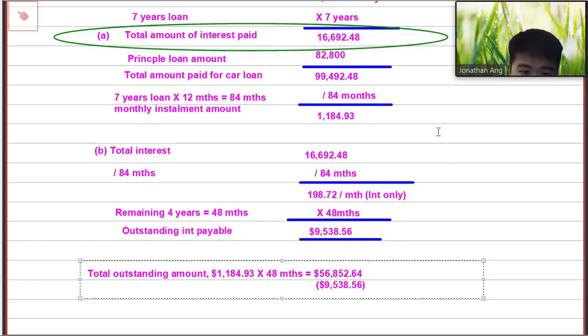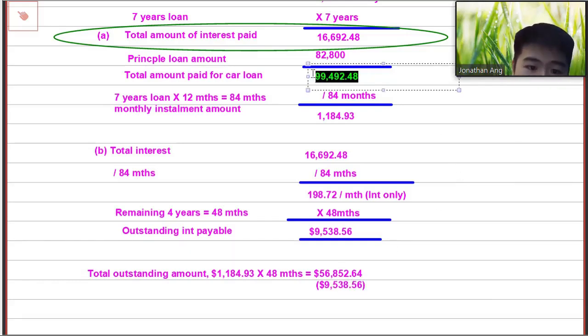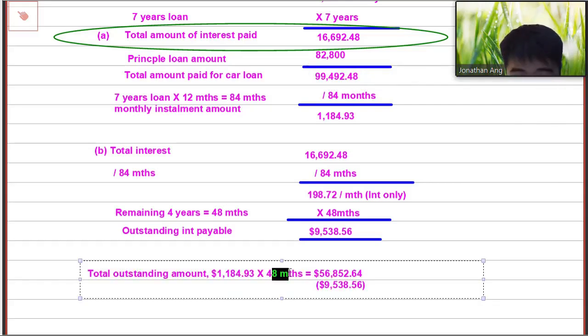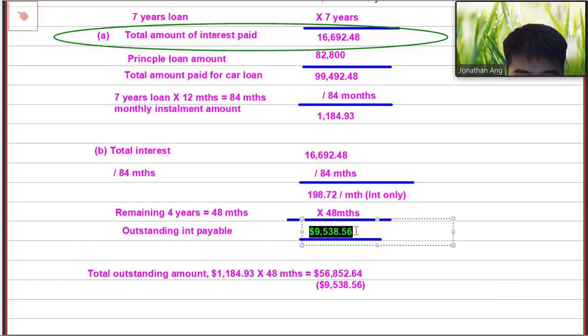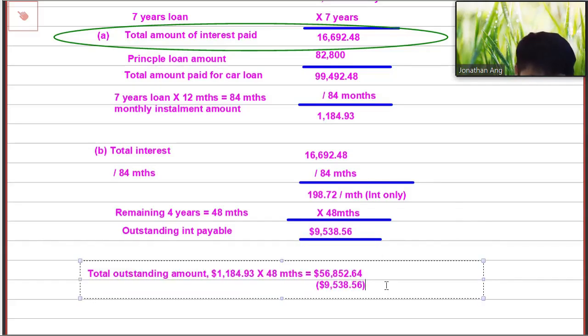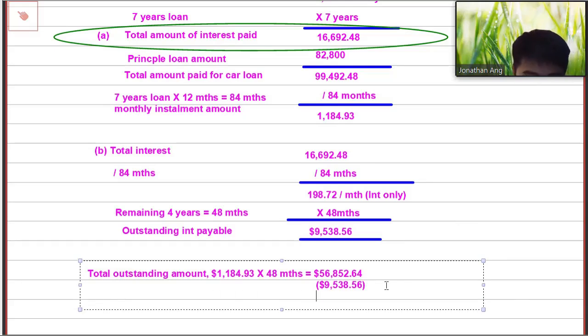9,538.56. Okay, it's up to you. You want to use this 99,000 minus away the total amount that you have paid for the 36 months, then minus away the outstanding interest payable, is also fine. Both ways work fine. Most importantly is you know how to find the outstanding interest payable, or the amount of interest that you have paid, is also fine. All right, so once you have minus this away, the interest payable, your remaining loan principal is